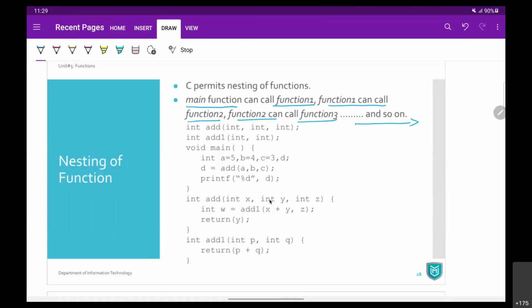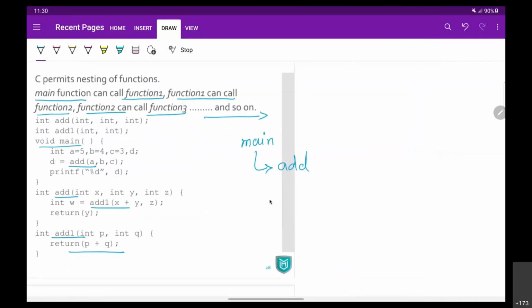So one example, you can see here that from main we called add. Now inside add we called add 1, and inside add 1 we did some calculation. So remember, from your main, you are going to add. From add, you are going to add 1.